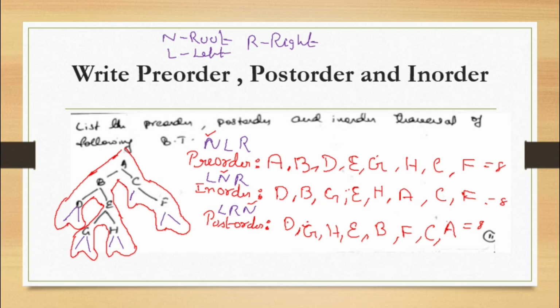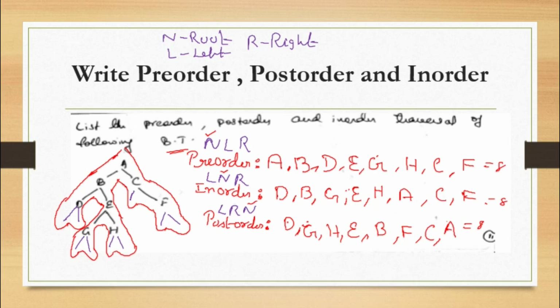So this is the binary tree, remember. In the binary tree, the left elements need not be smaller than the root. There is one more concept called a binary search tree. If it is a binary search tree, then elements to the left of the root should be small and elements to the right of the root should be big. But in a binary tree we don't have any such rules, so you need to remember that.